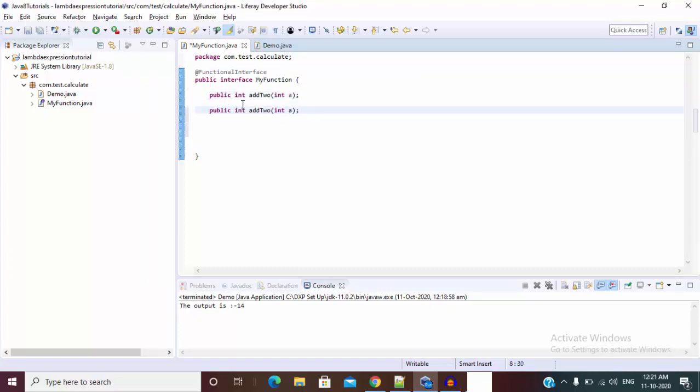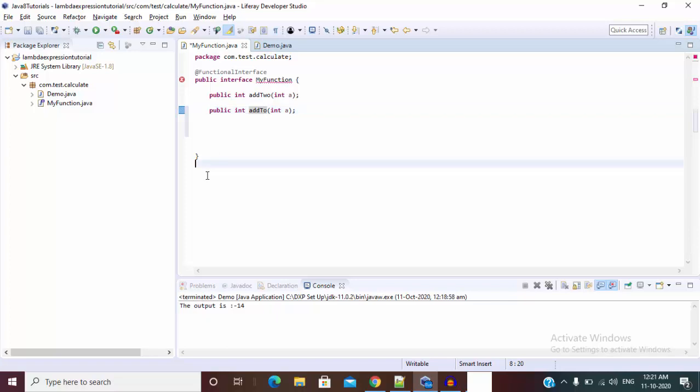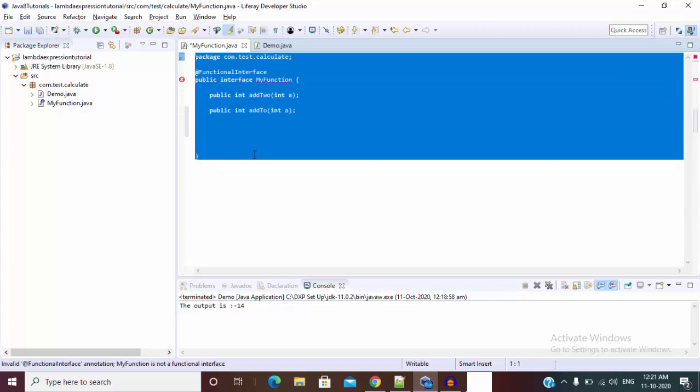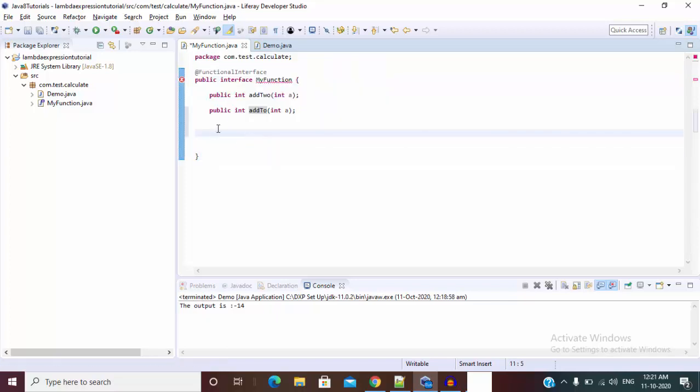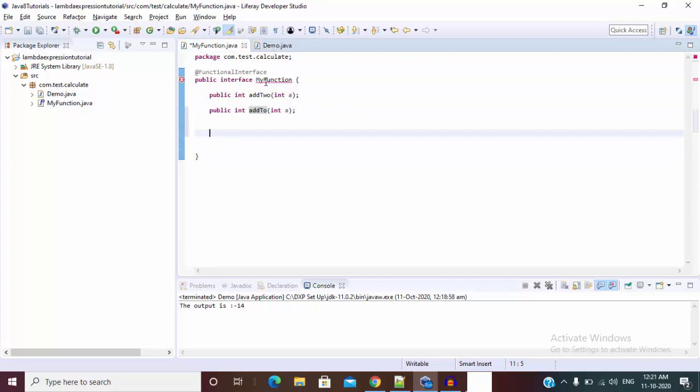So let me write one more method and check the error. Invalid @FunctionalInterface annotation. My function is not a functional interface. This way we can ensure that our lambda expression will not break. So we write an interface and annotate it with @FunctionalInterface, so only one abstract method is inside this and everything should be fine.